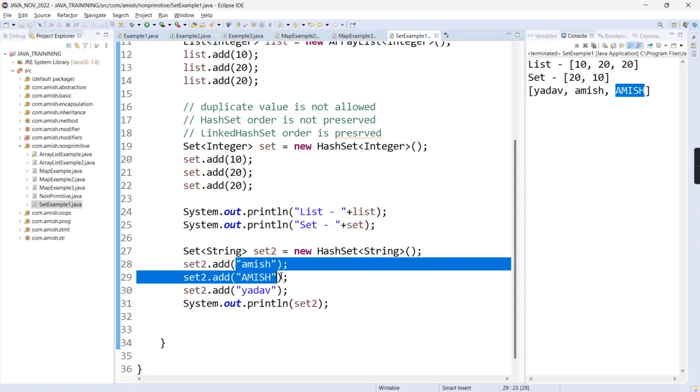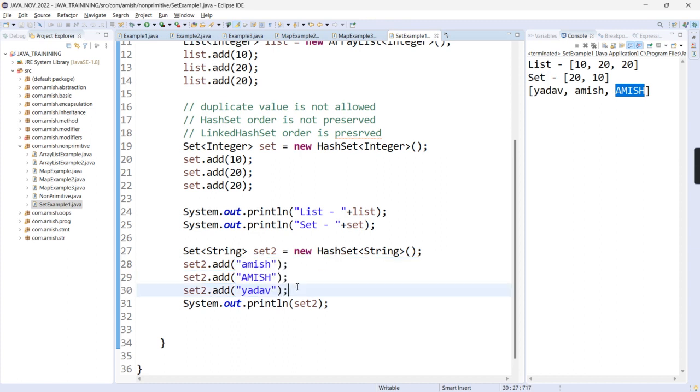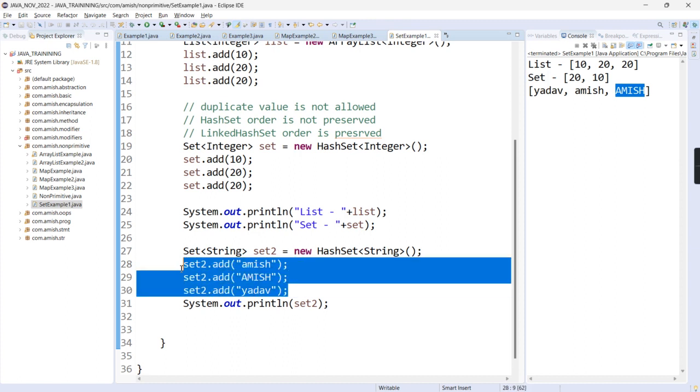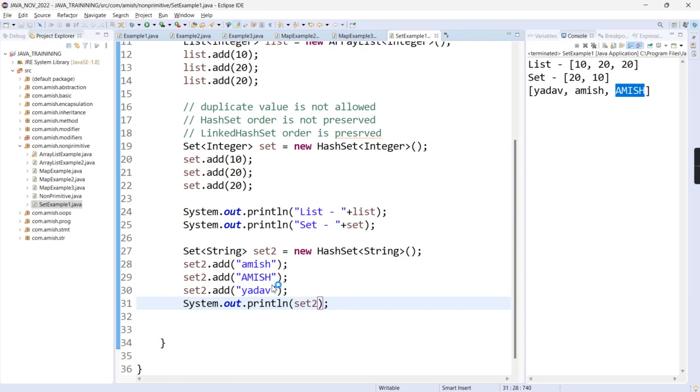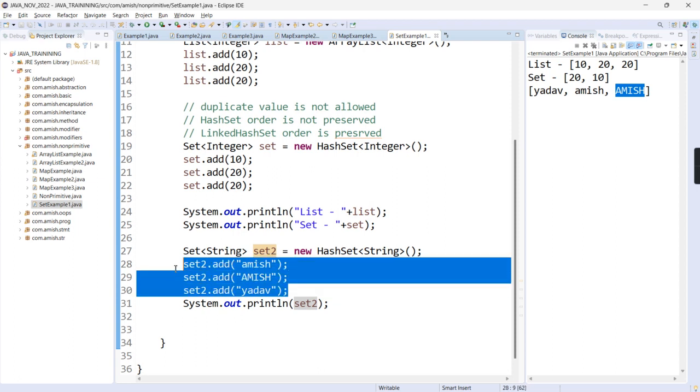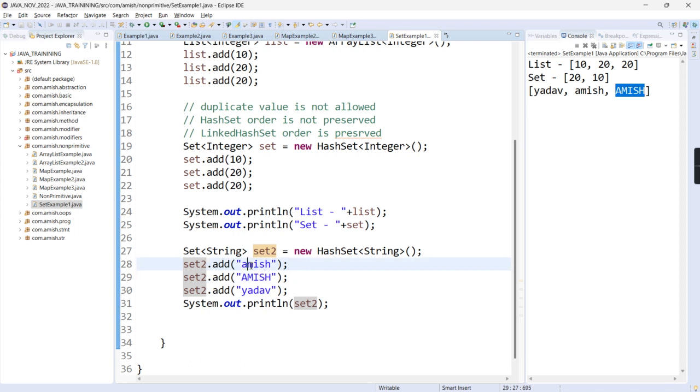The duplicate check in set also checks capital and small letters. So in programming, for each character, each number and each symbol, we have its ASCII value. By their ASCII value they check whether the value is in which format, right? So for small letters we have their ASCII value, for capital letters we have their ASCII value,